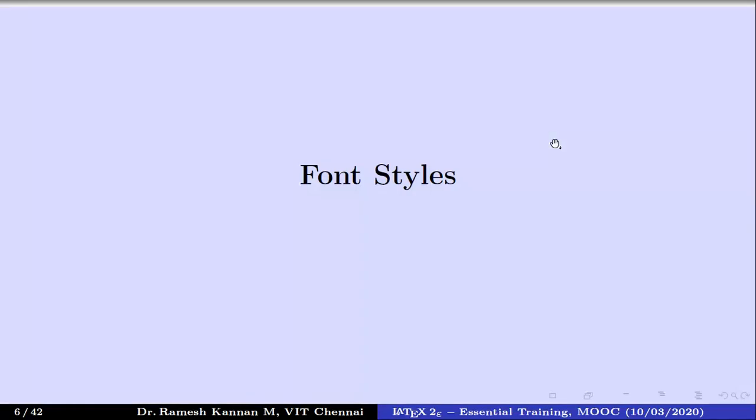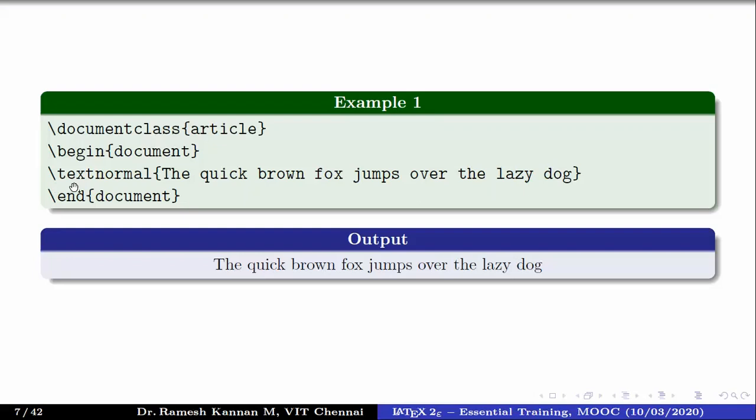And let's dive into the font styles, the first being the normal font. So we give text normal, open bracket and close bracket, and within that we give the content. The quick brown fox jumps over the lazy dog. This particular sentence does not have a good meaning, but this is what typesetters use. The reason being that this has almost all the alphabets in English. It has all 26 letters of English, so we can see how each font differs based on the font attributes